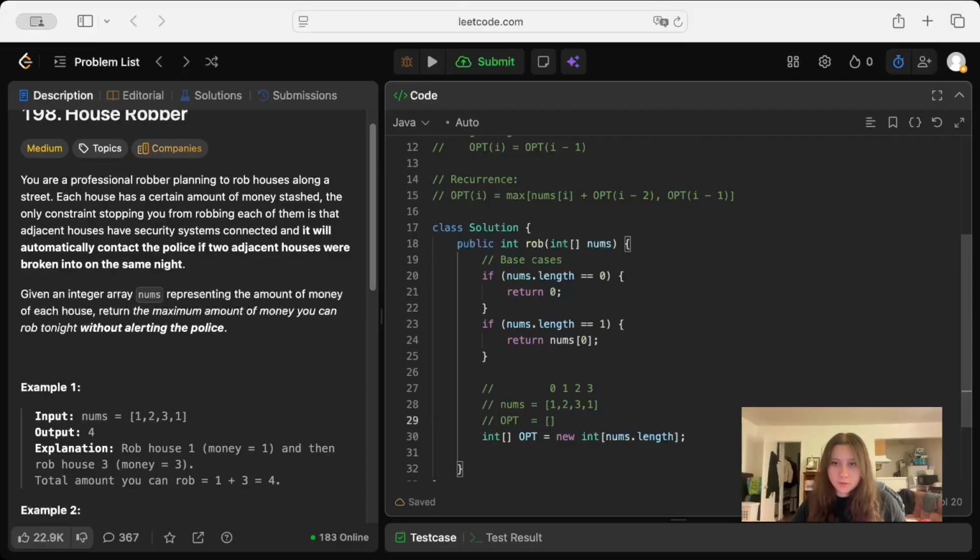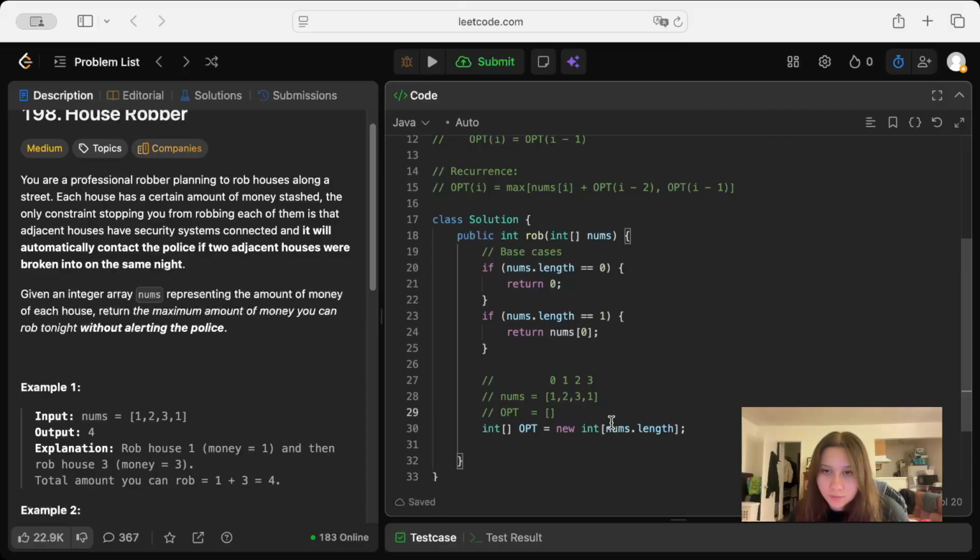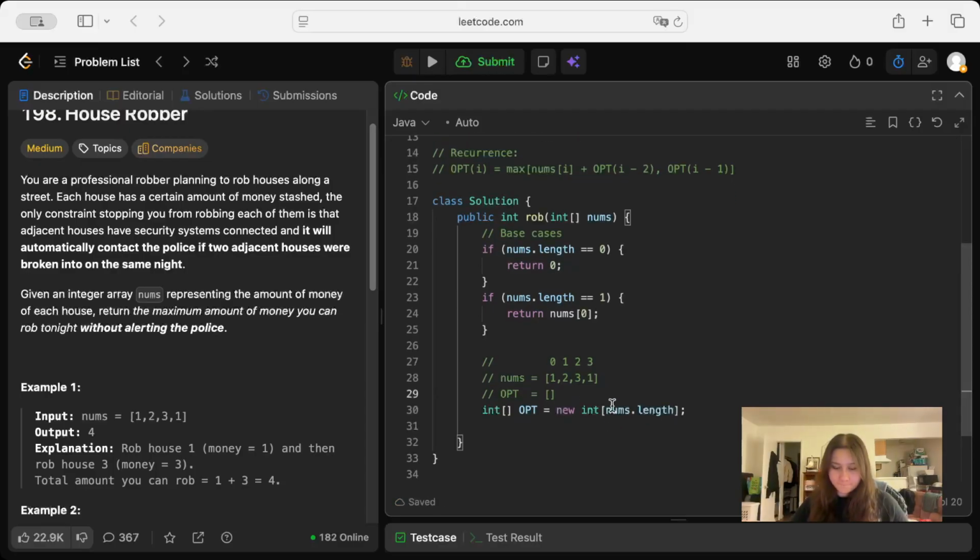Okay, and then this is currently empty, but it has the same amount of elements as nums. Okay, like that. So remember, opt is storing the maximum amount of money that we can get at each of these steps corresponding to this nums array, right? So at index 0, we want to fill it with just the first value,